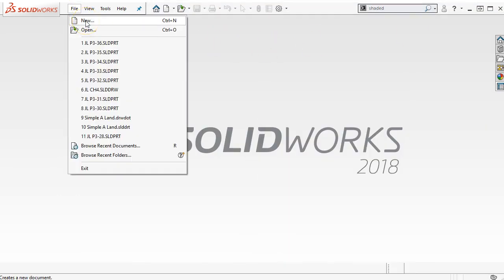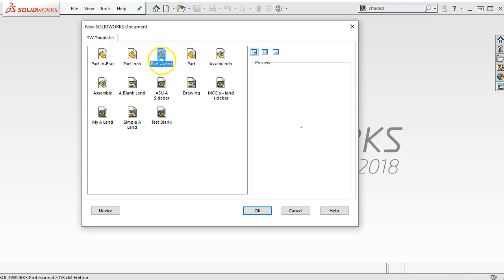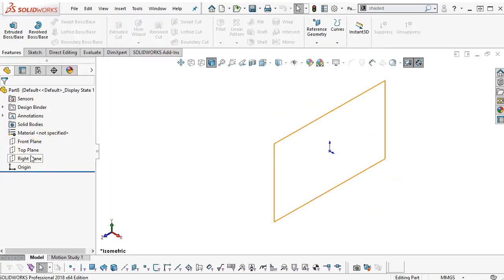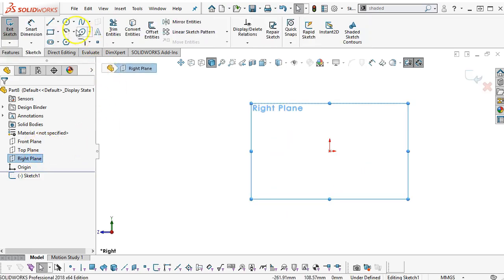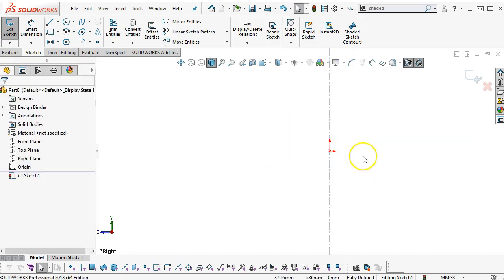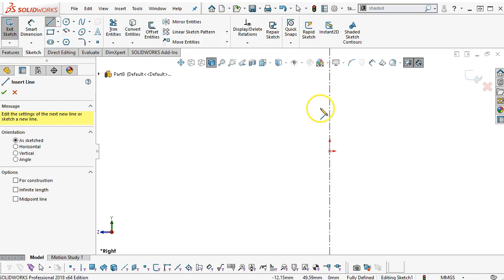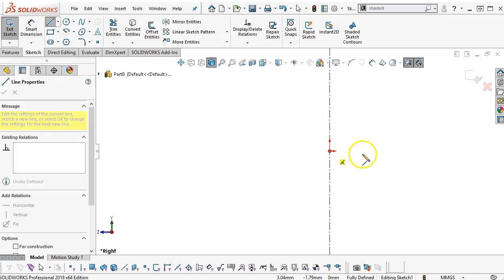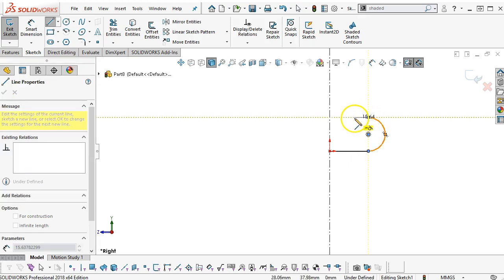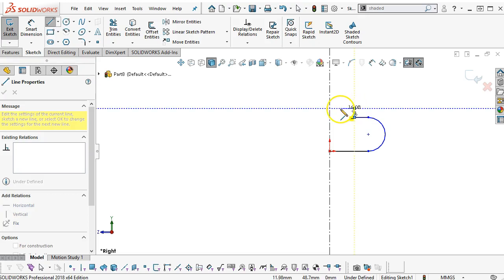Okay, so this part is symmetrical. It is in metric. And we'll go with the right plane. Anytime I see symmetry, go into the center line, infinite length vertical. We'll get out and go into the select. I'm going to use the continuous arc, so we'll come back into our arc, into a line, up, over, a